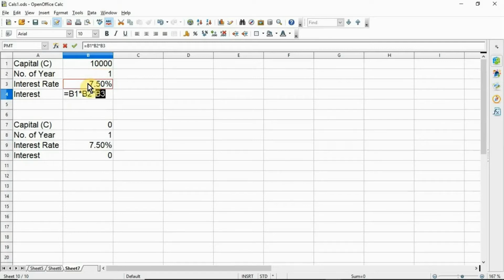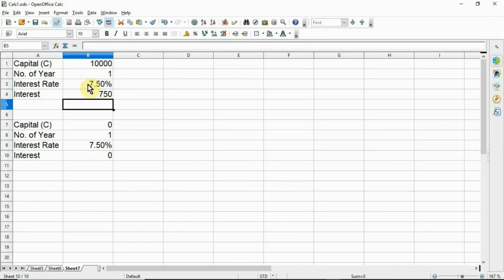B1, B2 and B3 are the references of capital C, number of years and interest rate respectively, and then press enter key. We got the result. Here I want an annual return of 15,000, and so find the capital C.